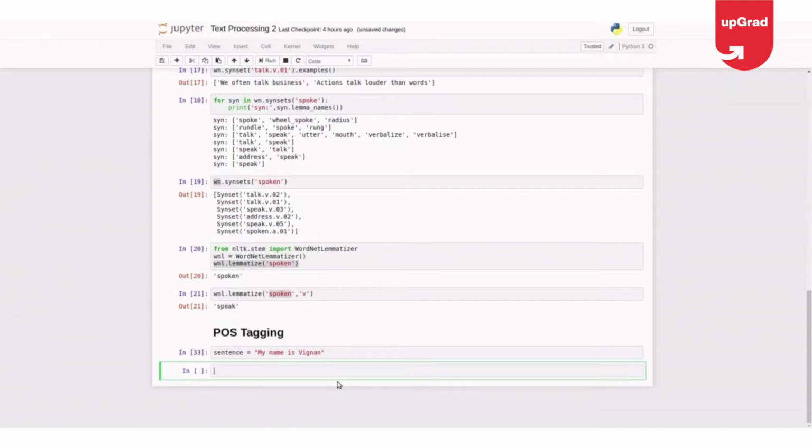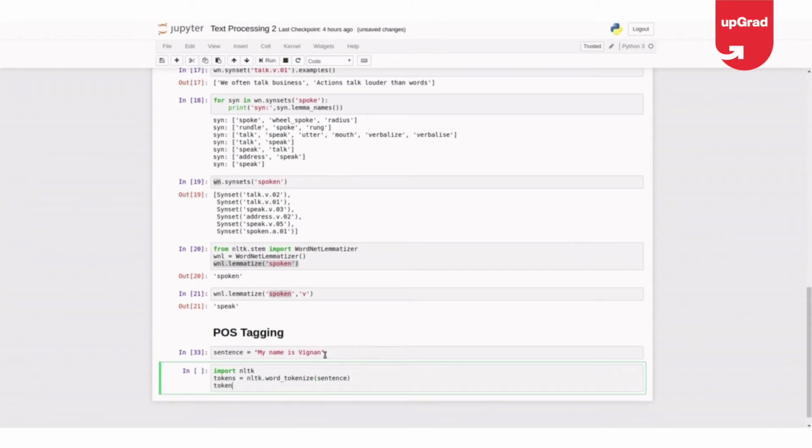Firstly, we have to obviously do the word tokenization and get the tokens of this sentence. So tokens. Okay, let me import NLTK if it's not imported, and if I say tokens equal to NLTK dot, do you remember in the last videos, word tokenize of sentence.